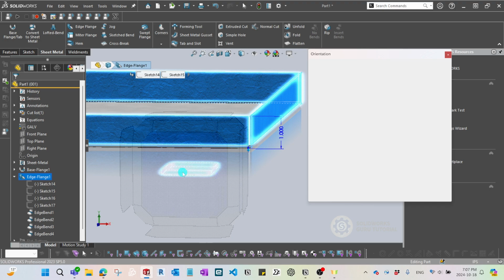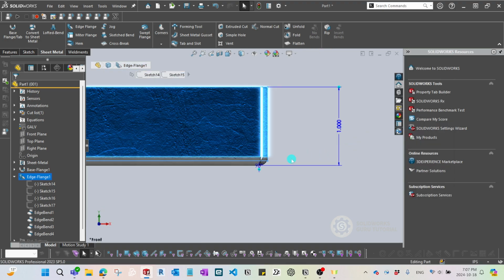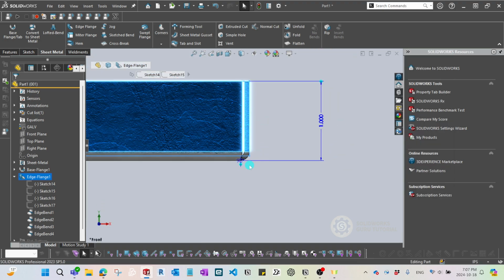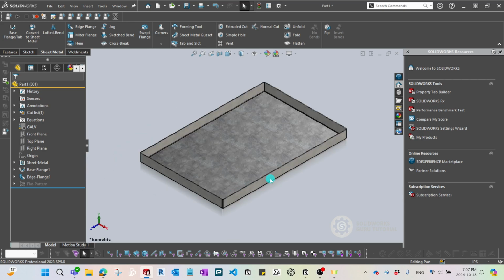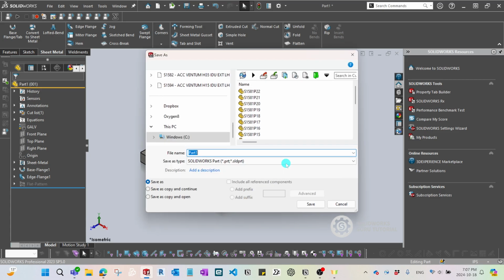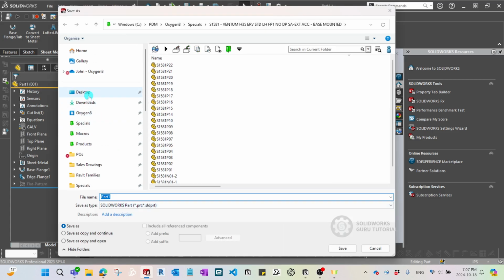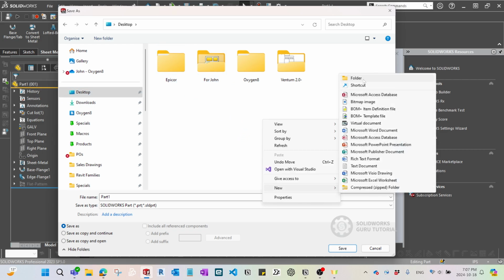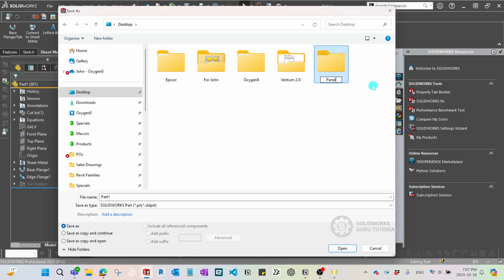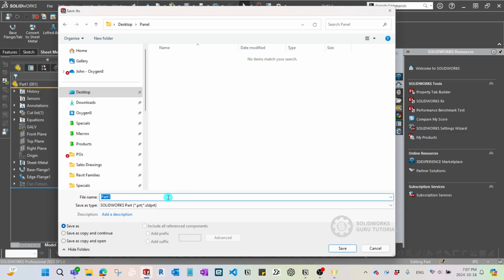So I'm going to go to the front view a bit, and what I want to double check is, yeah, I want to make sure all the way from the bottom to the top side is 1 inch. So this is perfect. Okay, that's good. And then I'm going to save it into my local location. Okay, I'm going to go to desktop, then a new folder, and then Panner. And I'm going to go to this folder, and then it's going to be the